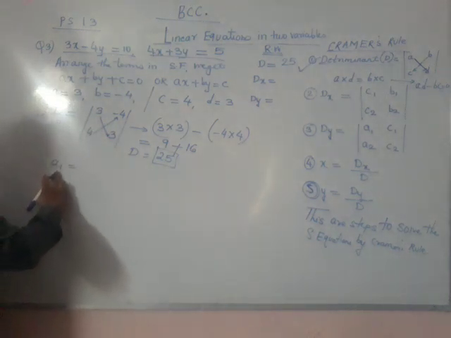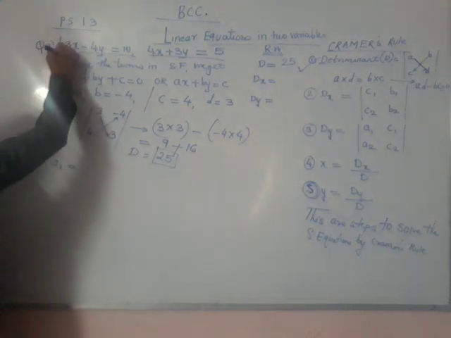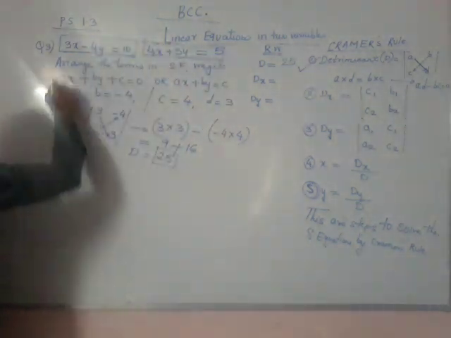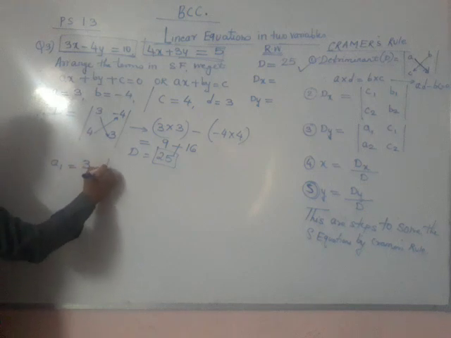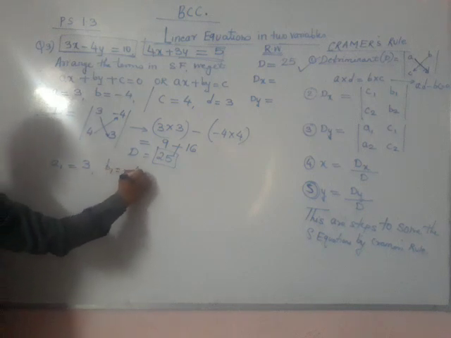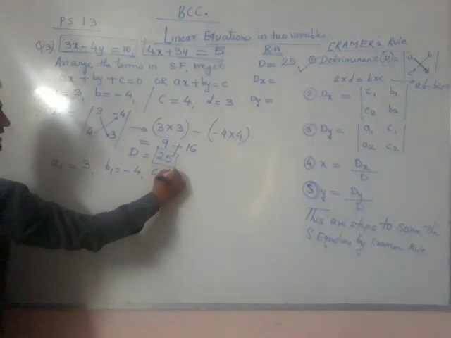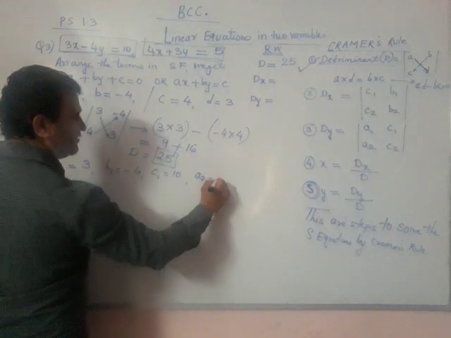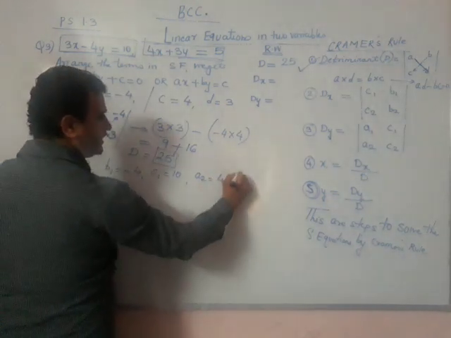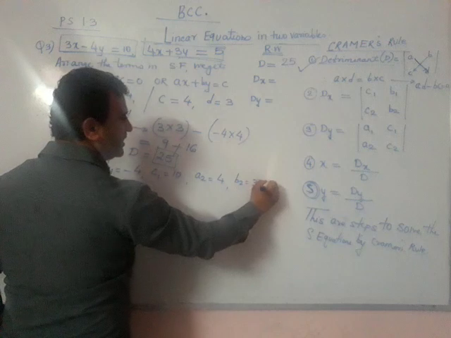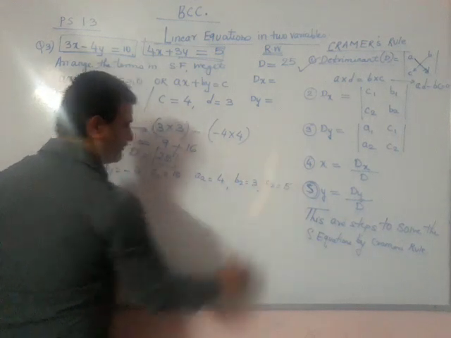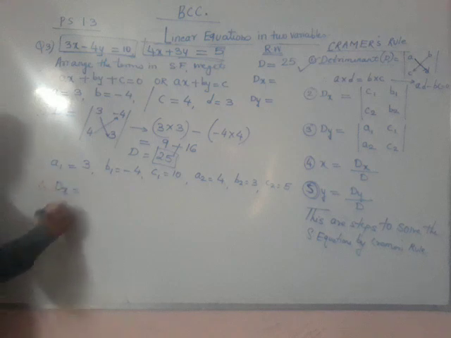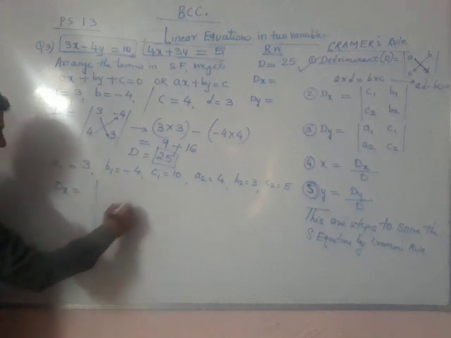सो a1 कहाँ से ढूंढेंगे? यस, उसके लिए ये स्टैंडर्ड फॉर्म का इक्वेशन, इसको हम बॉक्स बनाएंगे। अब a1 का वैल्यू कितना रहेगा? 3, कोएफिशिएंट 3, b1 कितना रहेगा? -4, c1 कितना रहेगा? 10, राइट। a2 कितना रहेगा? सेकेंड इक्वेशन का फर्स्ट कोएफिशिएंट 4, यस। b2 कितना रहेगा? 3 एंड c2 कितना रहेगा? जस्ट 5। अब हम आसानी से dx ढूंढ सकते हैं।